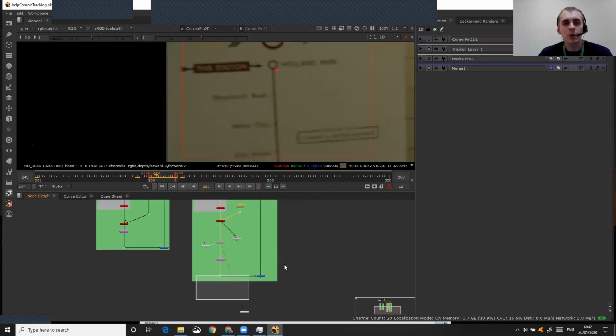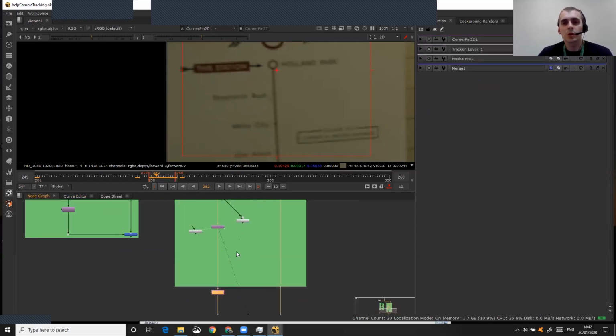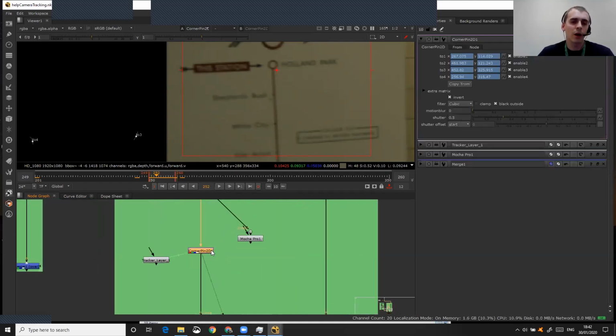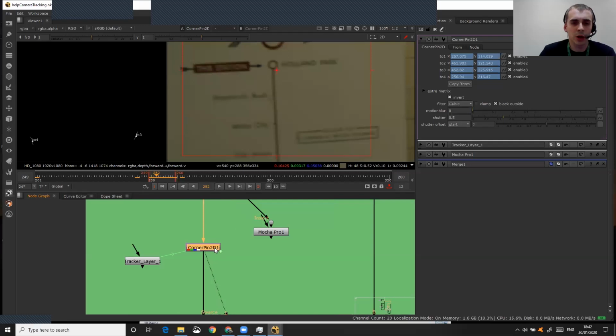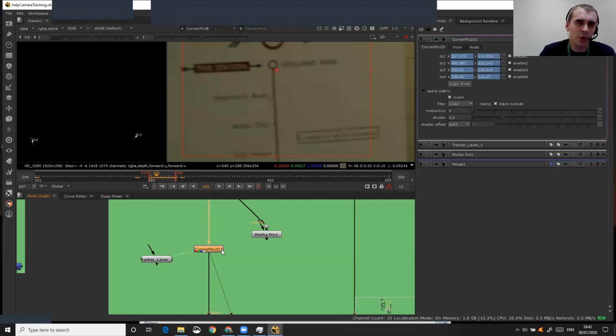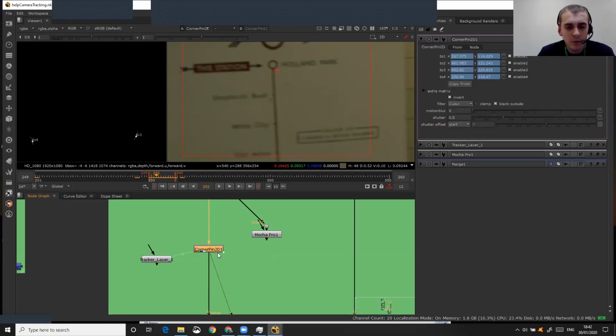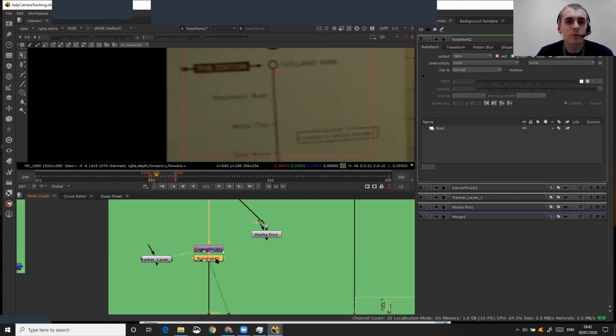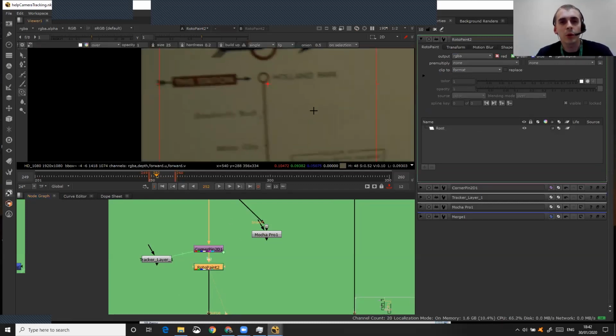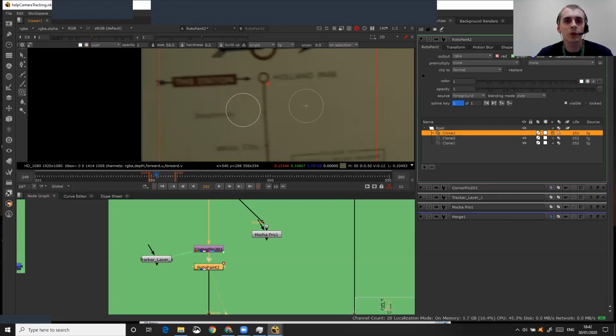You just need to remember that afterwards you will need to undo all of those things, undo all the stabilizations, because the opposite of stabilization is camera tracking. So, sorry, the opposite of stabilization is match move. Do some paint work. I'm going to be really quick and rough about this. Just paint something there. In fact, I kind of want it to be really visible